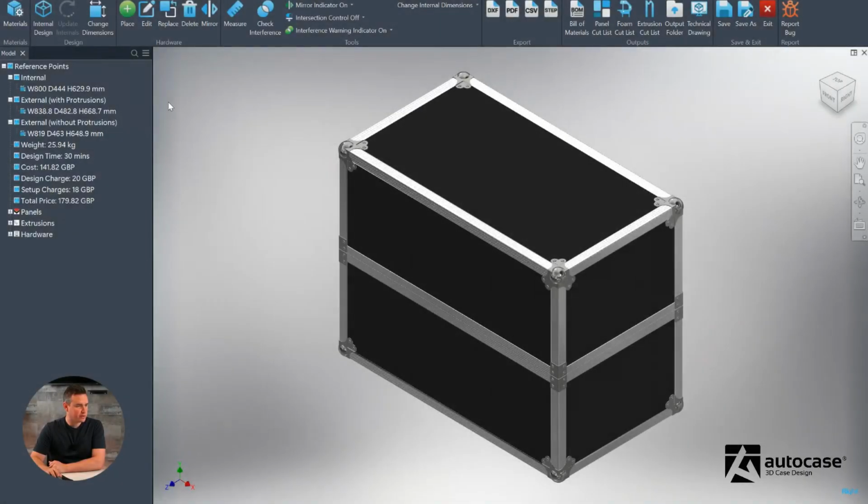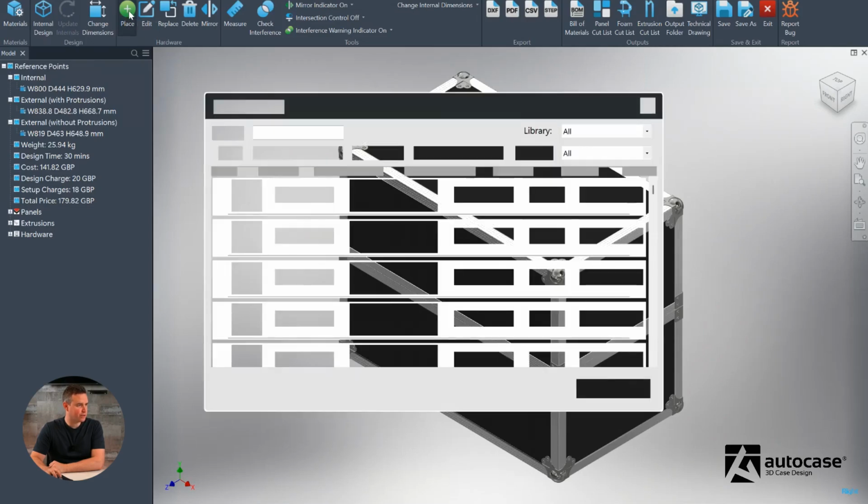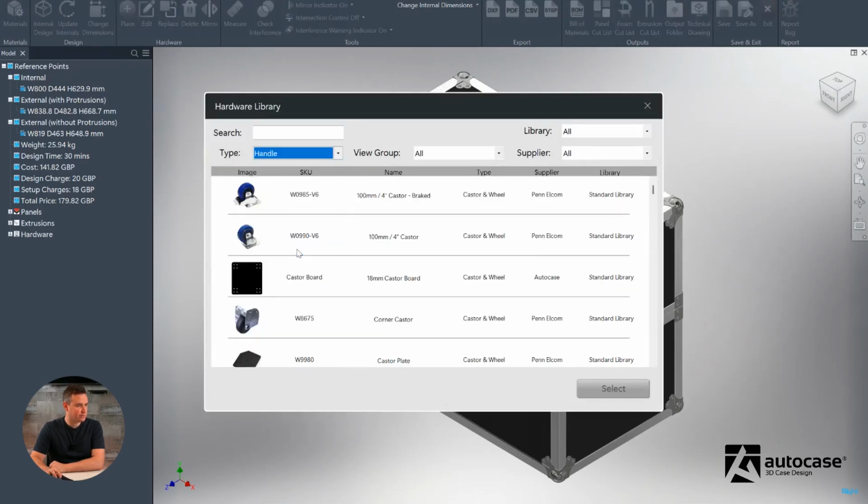So anchor points are an important part of the Autocase software, and it's really good to understand how they work and how they affect your design and placement of hardware. So we're going to look at handles in this video. We're going to place a handle,